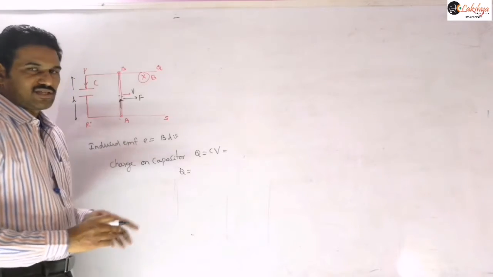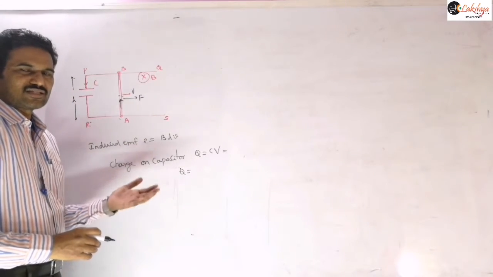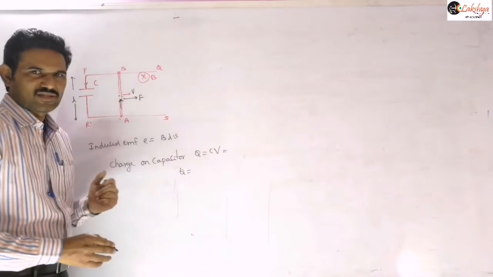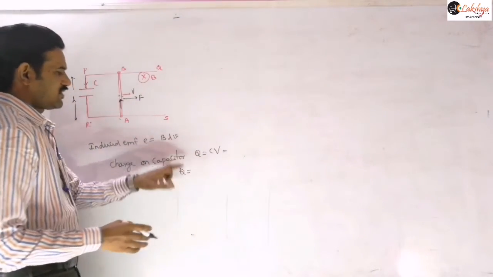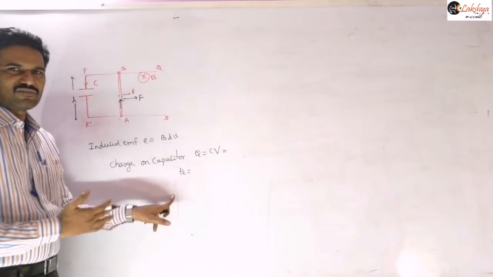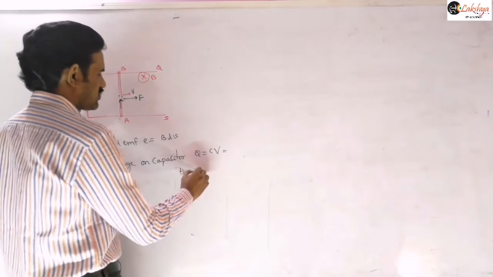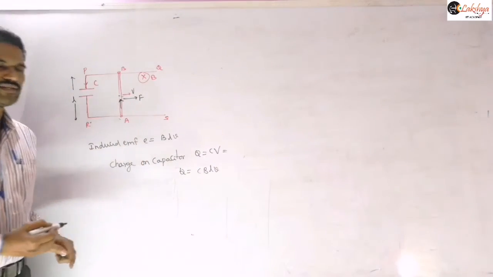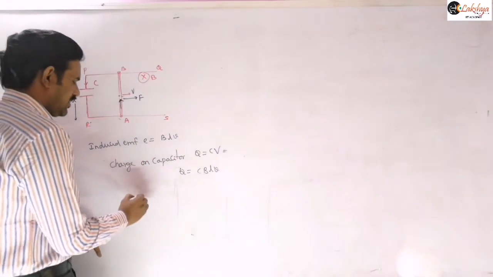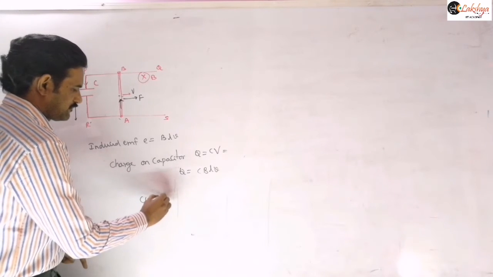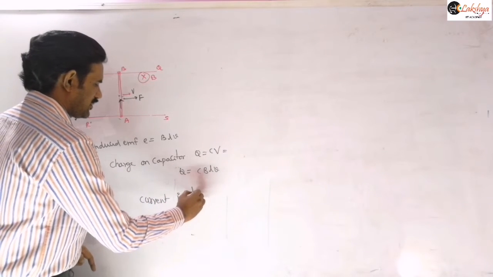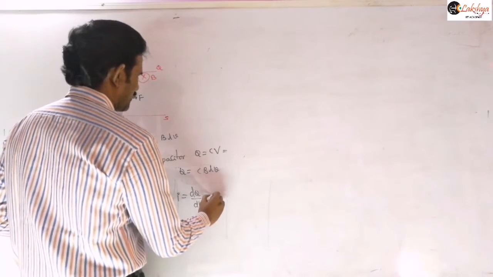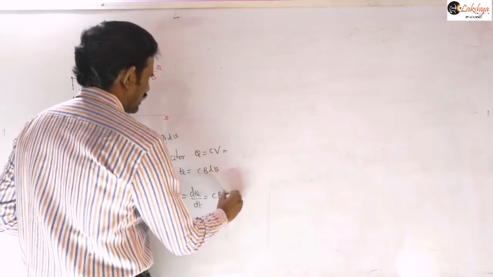whenever a capacitor is there in the circuit, this is the procedure. If an RC circuit is there, then you need to apply the Kirchhoff laws. RC circuit in the sense that if resistance is also there. If only a capacitor is there, just write the EMF and then take this potential difference, that means the charge equation, Q is equal to CV. So then C into BLv you can write. This is the charge equation, and from this we can write the current. So current I is equal to dq by dt.